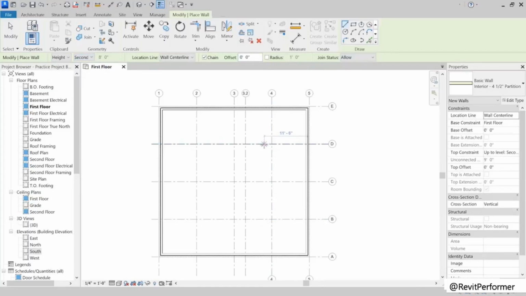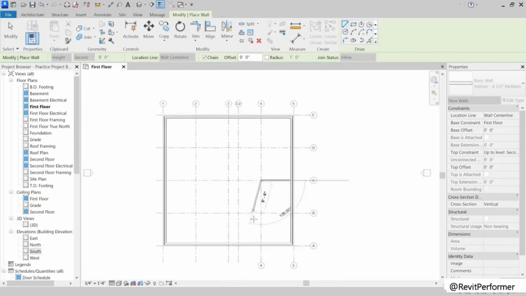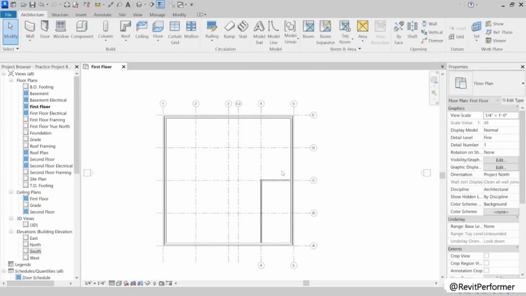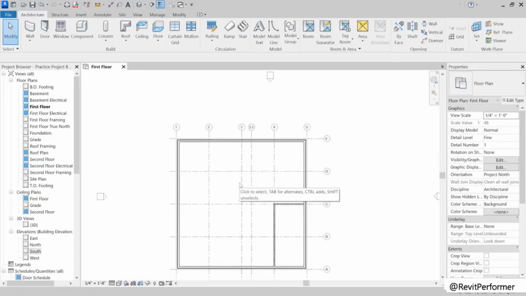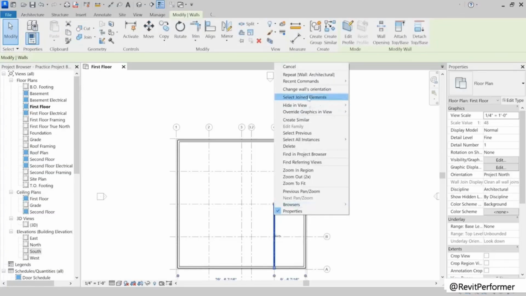I'm next going to start to draw in some walls over here. First, I want to frame my garage. So I've got this set to wall center line to this other grid line, and then I'm going to come down to where it hits the wall on this side. And I'm going to hit escape twice. From here, I'm next going to draw in a wall up here, but instead of going up to this wall command and trying to remember which wall I used, I'm going to put my mouse over this wall here, do a right click, and tell it to create similar.